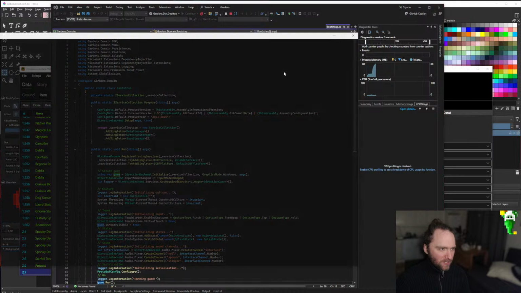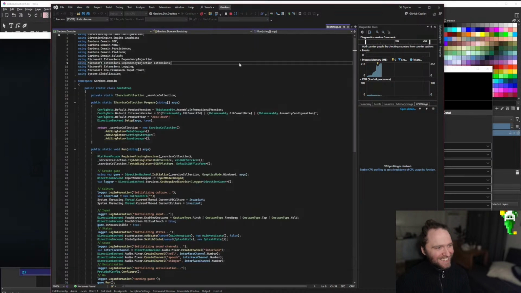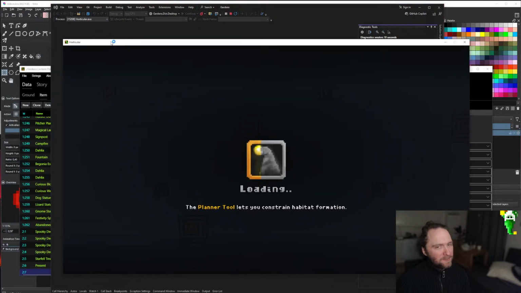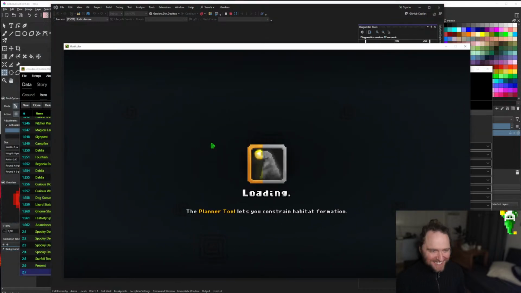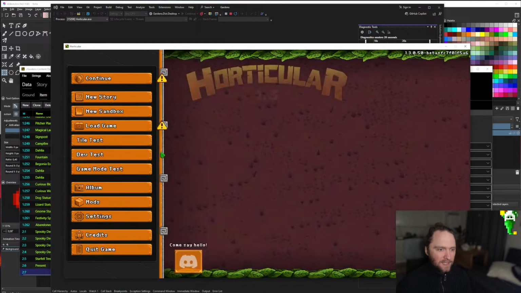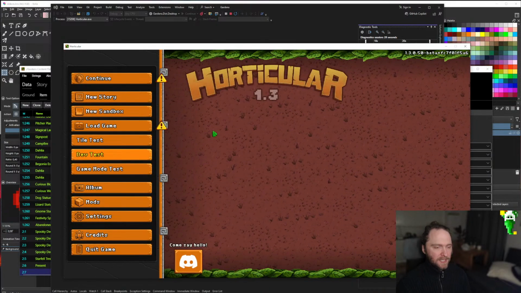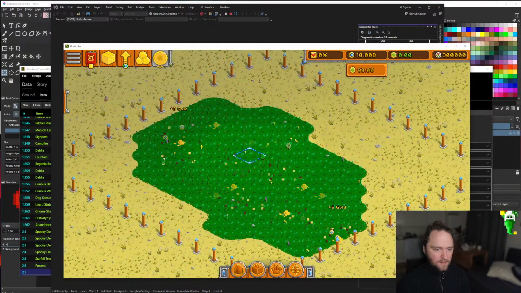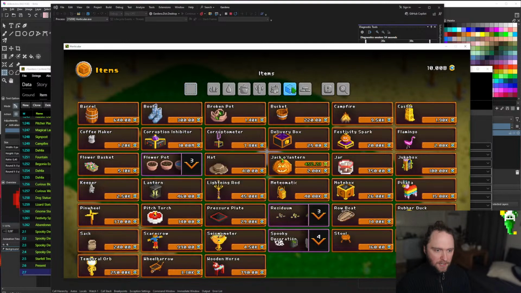Welcome to the source code. Not much more than those lines. It's basically everything. New Horticular game. Game equals new Horticular game. Game.start. Then we're done. Dev test. Here we go. Classic thing. And now...